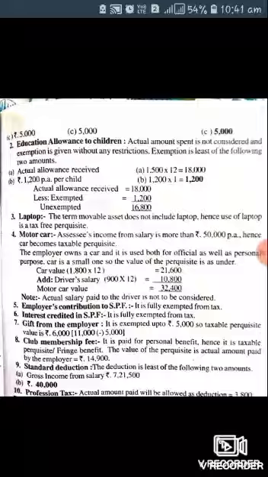Employer contribution to SPF is fully exempted from tax. Interest credited in SPF is also exempted from tax. Gift from the employer is exempted up to 5,000. The remaining is taxable. Next, club membership fee is paid by the employer, so it is not exempted. It is for personal purpose, so 14,900 is completely chargeable. Standard deduction is the lesser of two amounts, that is gross income from salary 7,21,500 and 40,000. So 40,000 is given as exemption and profession tax is completely given as a deduction.